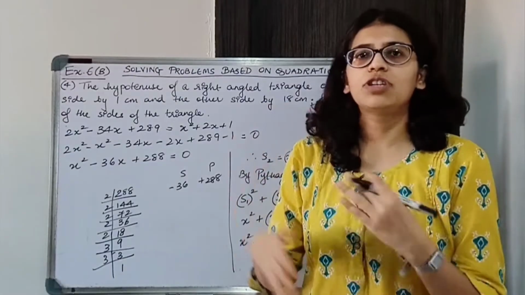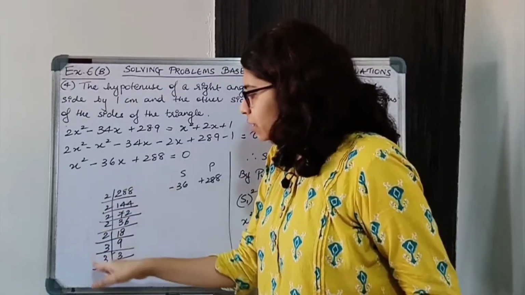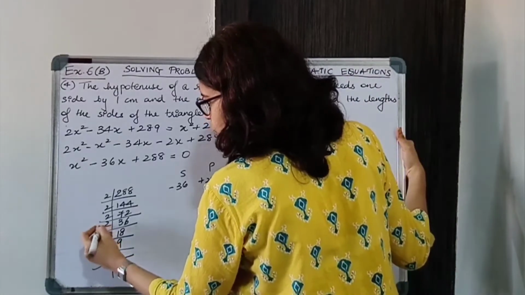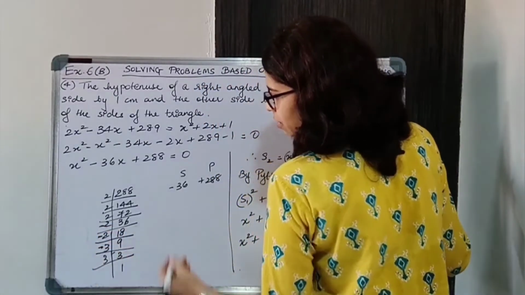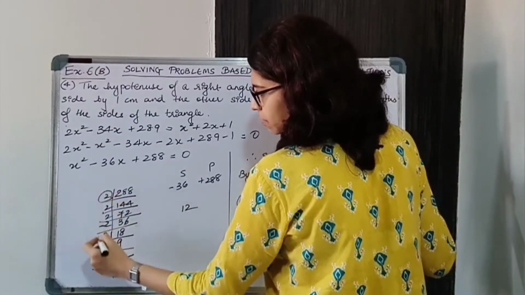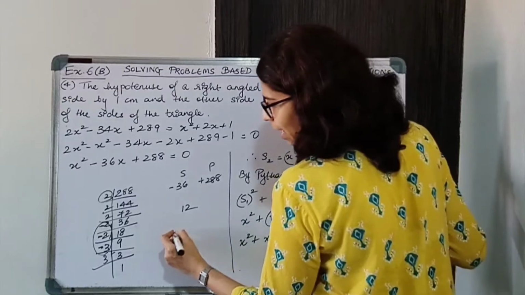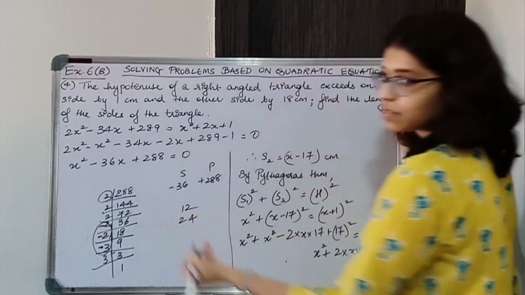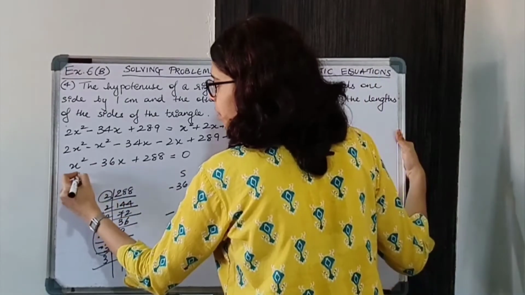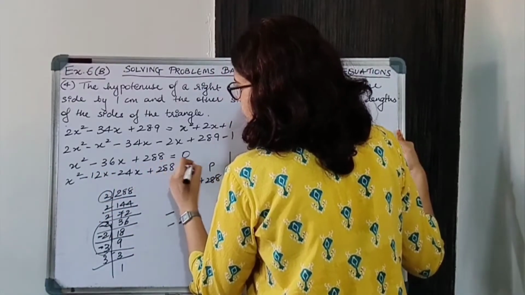So we have to adjust, we have to shuffle. So what we will do, so far we grouped 2s, so now group 3 with 2. Okay, so let's try 3 and 2 2s. So 2 2s are 4, 4 3s are 12. Okay, 2 2s are 4, 4 2s are 8, this is left, right? These 3 we took, so 2 2s are 4, 4 2s are 8 into 3, 24. Yes, we are getting. So minus 24 and minus 12 are the factors. So splitting the middle term, it will become minus 12x minus 24x plus 288 is equal to 0.